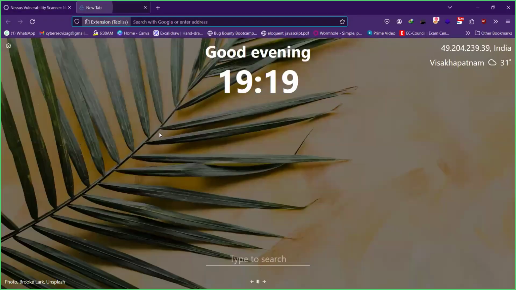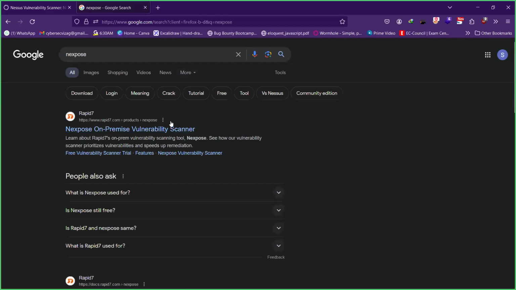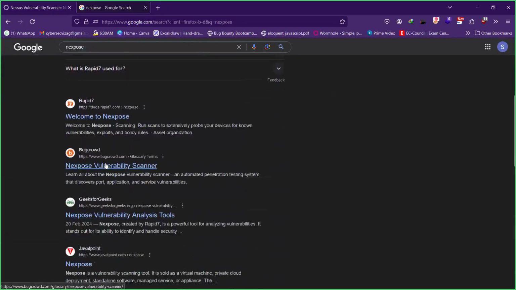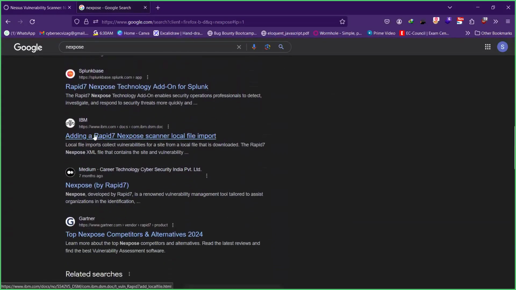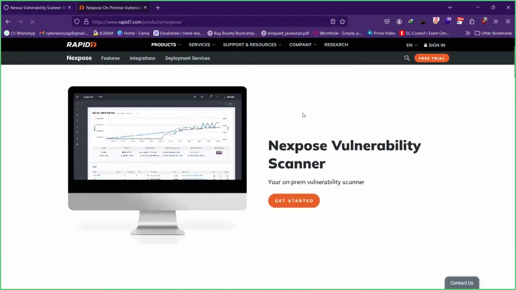There's other alternatives as well, as mentioned. There's one more called Nexpose. Okay, so this is one more. You can expose on-premise vulnerability scanner. Okay, there's something else called IBM QRadar as well. There's one more here. Okay, so these are all applications available which are capable of finding every vulnerability existing in